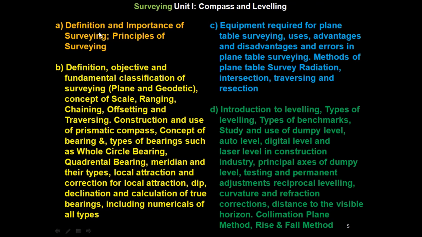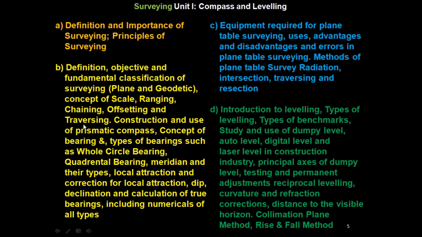Now we will see Unit number 1, Compass and Leveling, this syllabus. It includes 4 parts: A, B, C, D. In part A it includes definition and importance of surveying, principles of surveying. In part B it includes definition, objective and fundamental classification of surveying, plane and geodetic, concept of scale, ranging, chaining,